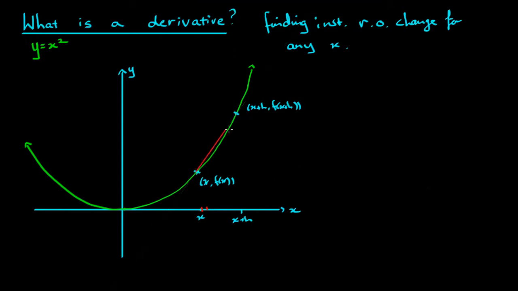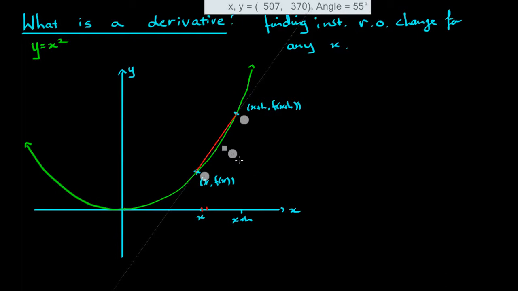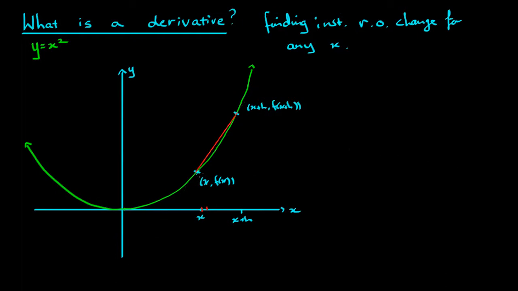And we're trying to find the gradient of that red line. So again, we say, okay, we'll make a triangle out of it. The triangle's got a right angle. It's got this length here, rise, and this length here, run. And we say, okay, the gradient of that is equal to rise over run, which is equal to, well, this is the height f(x+h), and this is the height f(x),